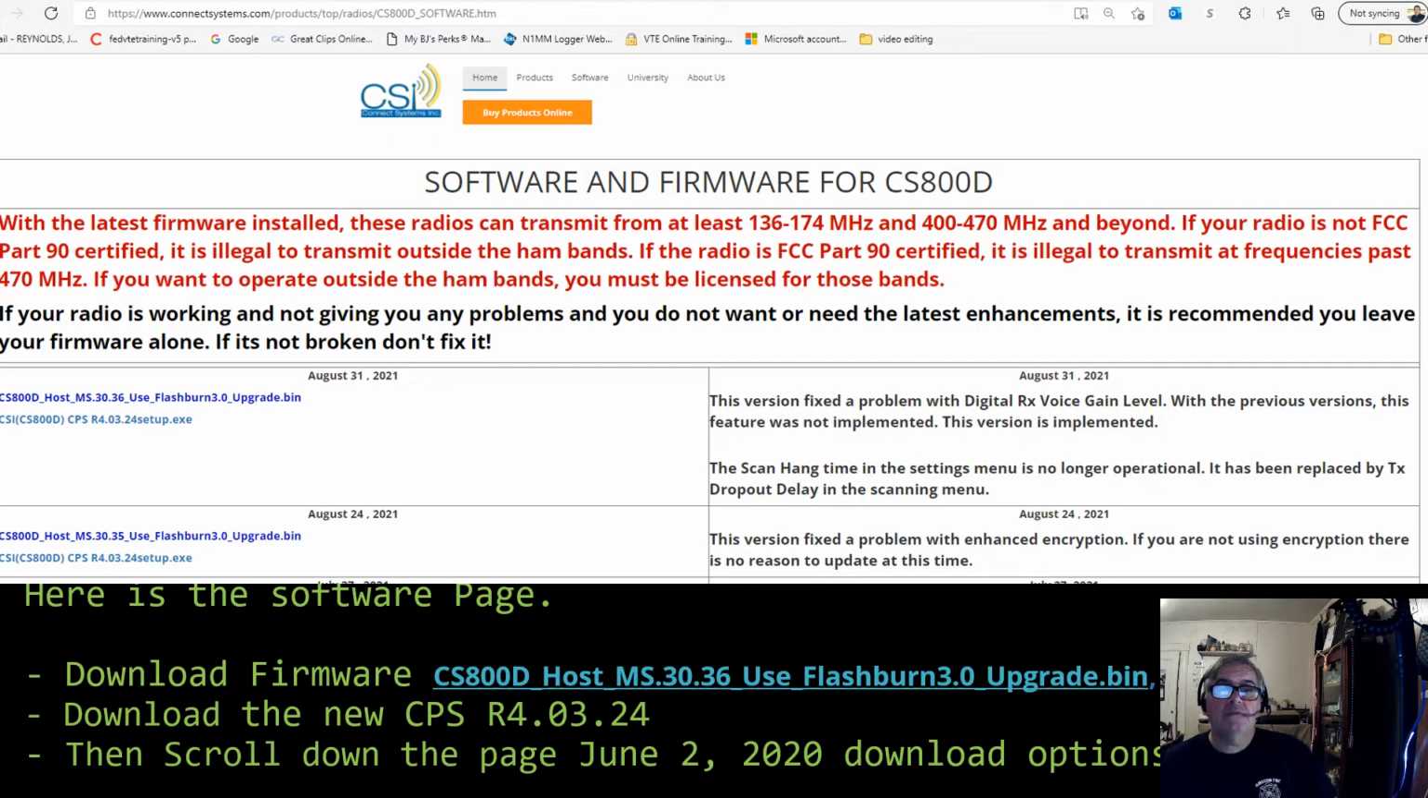Well, you're going to come up to this page. The latest version came out August 31st. And the one before that was a week before that. And there's been a bunch of updates in 2021, folks. If you go ahead and go up to the website and check it out,